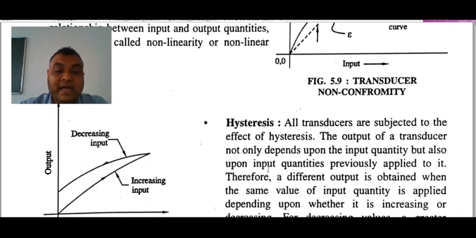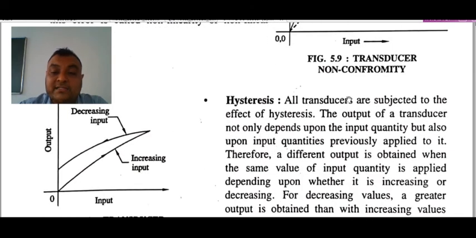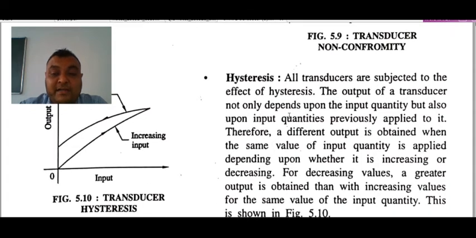Now we will see what hysteresis is. All transducers are subjected to the effect of hysteresis. The output of a transducer depends not only upon the input quantity but also upon input quantities previously applied to it. So students, it does not depend only on what input we are giving right now. It also depends on what input we had given previously, and what changes happened because of it, that means what changes happened when previously we had given